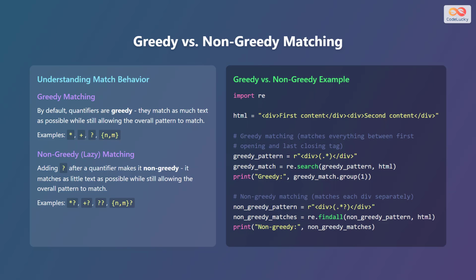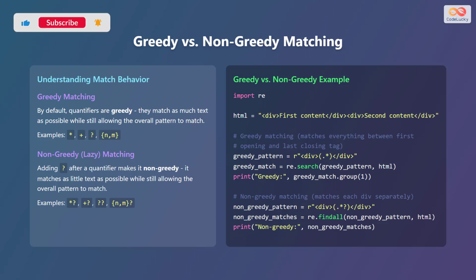Now, let's talk about the concept of greedy versus non-greedy matching in regular expressions. By default, quantifiers are greedy. This means they match as much text as possible, while still allowing the overall pattern to match. Examples of greedy quantifiers are the *, the +, the question mark, and {n,m}. Adding a question mark after a quantifier makes it non-greedy or lazy. This means it matches as little text as possible, while still allowing the overall pattern to match. Examples of non-greedy quantifiers are